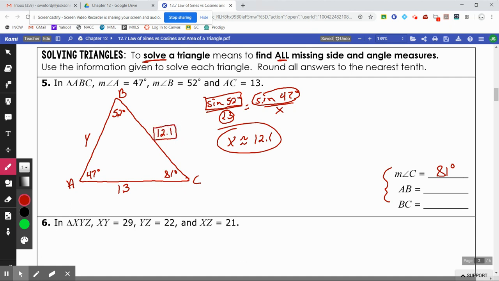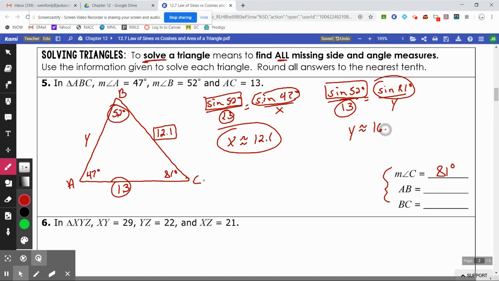If at all possible, we want to stay away from using a rounded answer to find another answer. So when you set this up to find y, these are not rounded answers. So why not say again, the sine of 52 over 13, this is going to be law of sines, is equal to the sine of 81 over y. To solve this again, we're going to take 13 times the sine of 81, multiply them together, divide your answer by the sine of 52, and you're going to get y is approximately